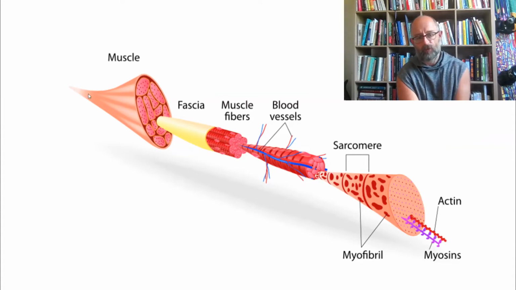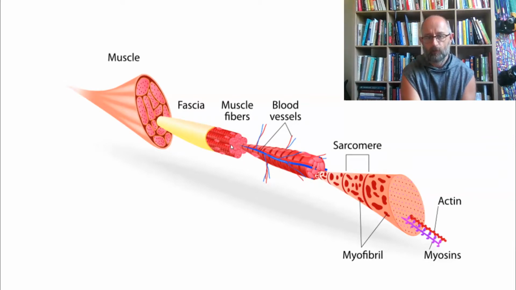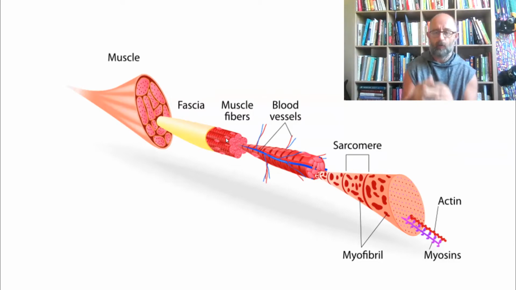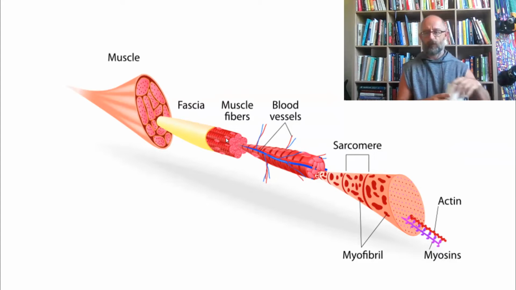So when a nerve impulse comes down, there'll be a nerve connected to this bundle of muscle fibers here. When that nerve impulse comes down, it will trigger all of the muscle cells in this bundle to contract. So you might get a nerve signal come down to the muscle, and the muscle's only going to activate maybe one section or maybe two, or even potentially subsections of the muscle bundles, depending on the type of motor units that are there. That's how the body will modulate how much force, how much strength it needs. So whether you're picking up your cup of tea and having a sip,